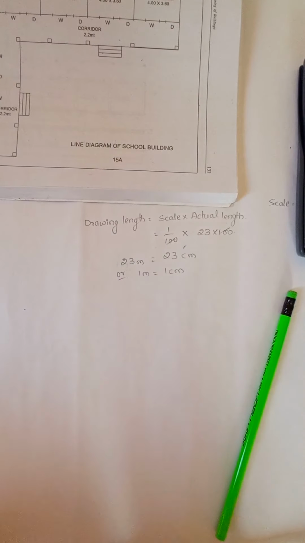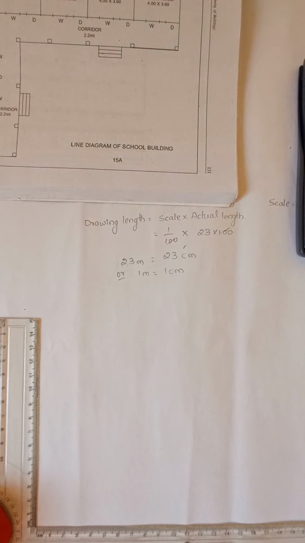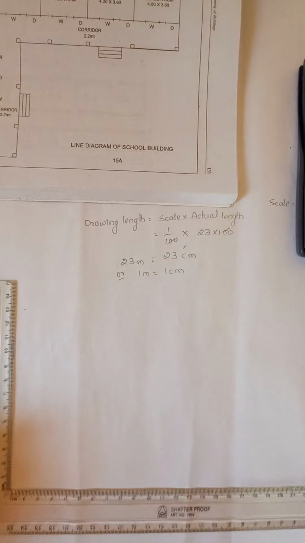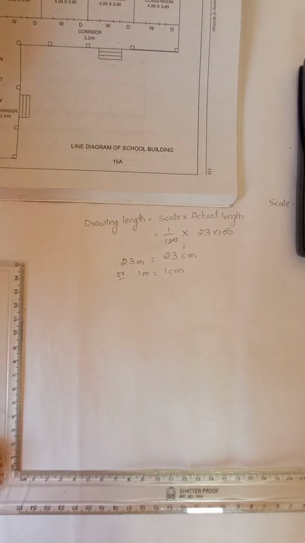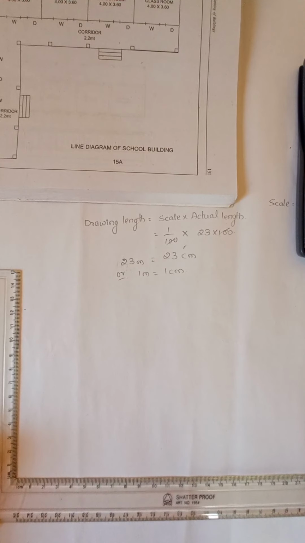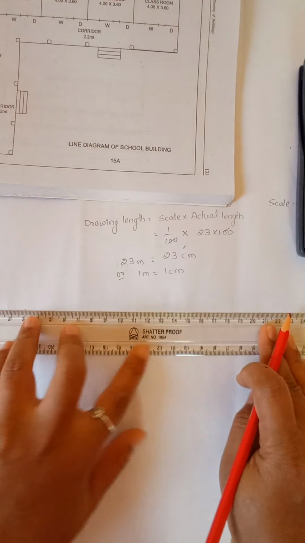This is your scale. Okay, so now what you have to do, first set your drafter. See here, wherever the bottom edge of the paper is, for that bottom edge you just adjust your drafter. See, now it has got adjusted. What I'll do now, I'll take a 23 centimeter line. Okay, so from here only I'll take, that is 23 centimeter.